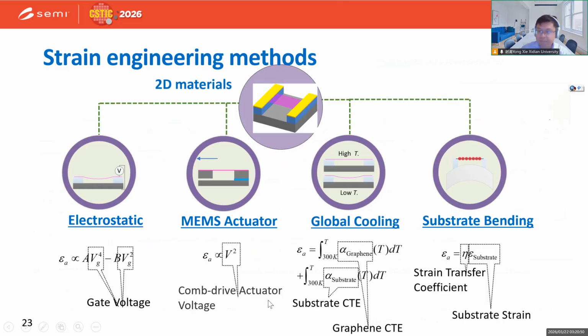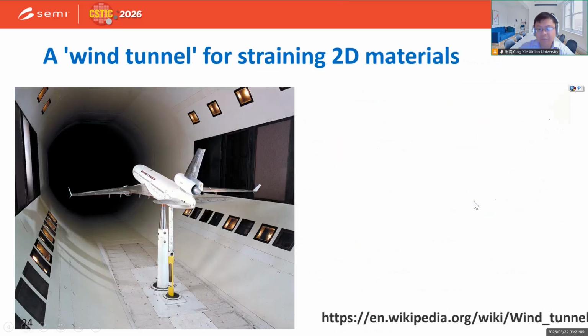You can use a MEMS actuator to stretch your material. This is pure mechanical strain. This is the most difficult one, but this is the most applicable one. But this is the easy one, so we start with the easy methodology. It works like a wind tunnel. In the wind tunnel, you can use a very low cost, very simple methodology to test your